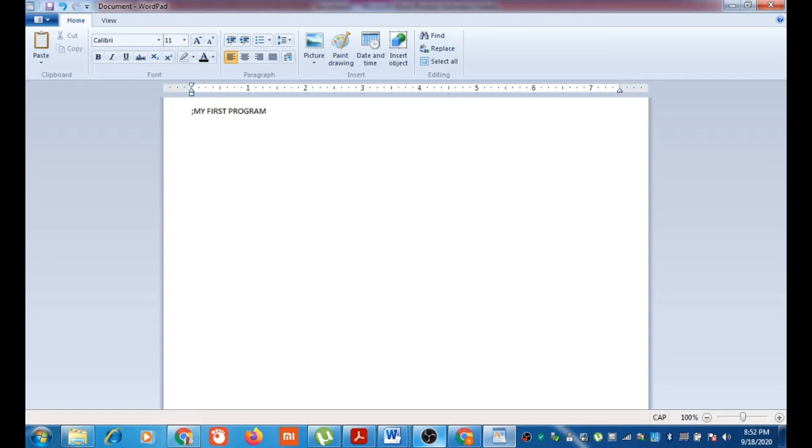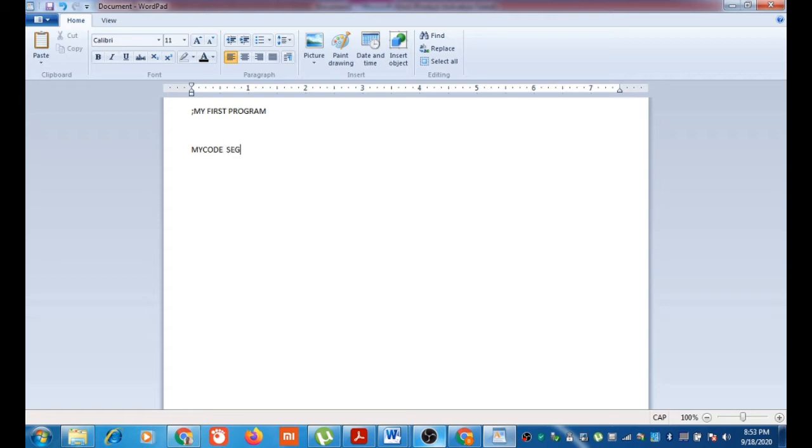Every program should have a code segment. You can give any name except the reserved words. I am naming my code segment my code.